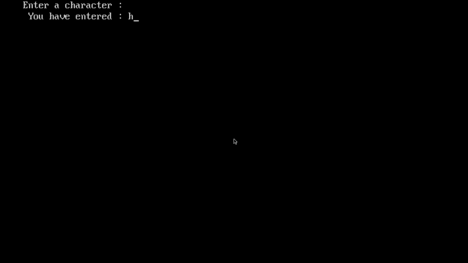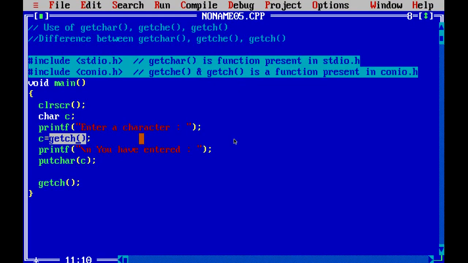As soon as I am entering a character, it is not printing that particular character, it simply returns that character from the function getch and assigns it. So as soon as this function is called, it is waiting to get an input character from the keyboard, and once we press a character, it will not print, it will simply return that character from this function.